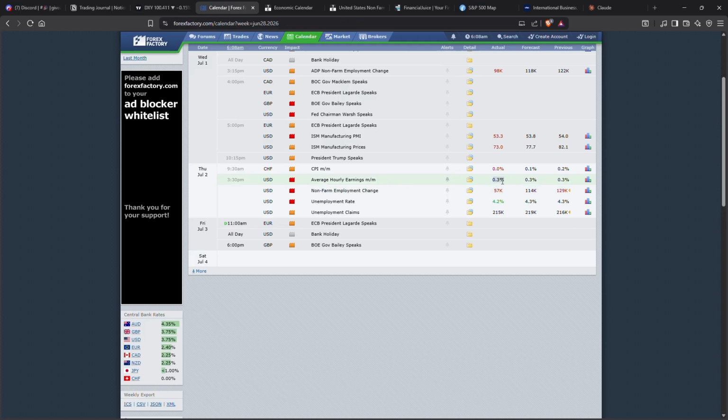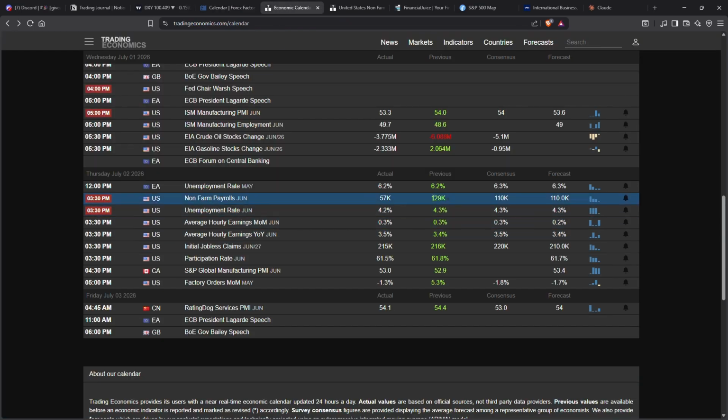And we also saw a bit of wage growth, with the previous one being 3.4%. This is the year on year, not the month on month. It came up to 3.5%. This usually means that businesses are paying a little more for labor. They are paying their employees more, and usually they have to pass these costs down to consumers. So that means inflation, or higher prices rather. Higher prices or inflation, basically the same thing.